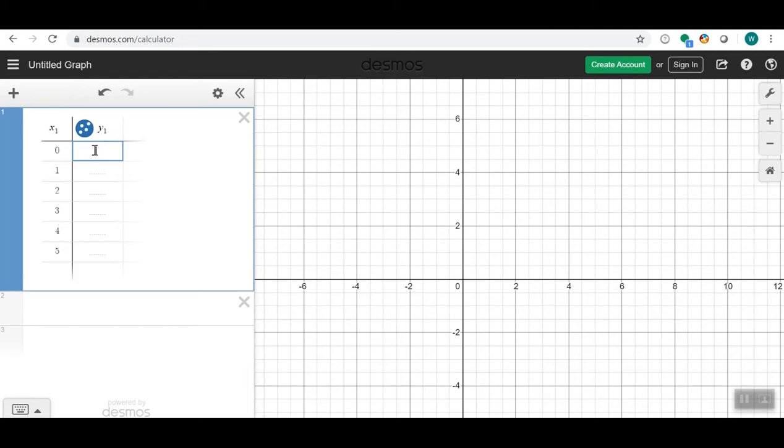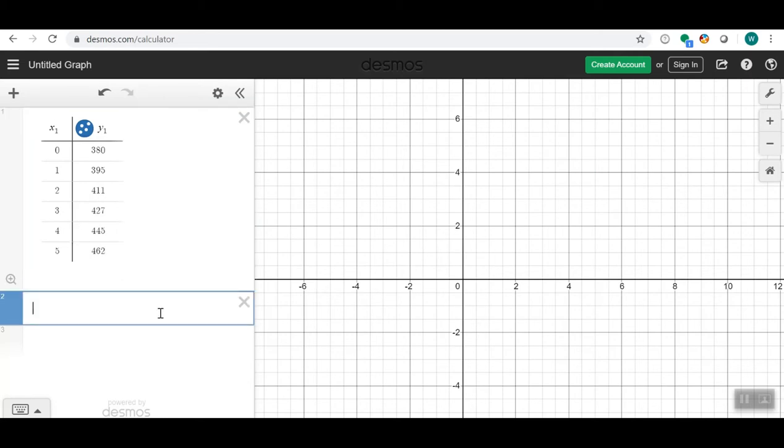Okay, so I'm pulling up this table. Remember, you should have taken a photo of it. And so we're going to have 380, 395, 411, 427, 445, and lastly 462. Now from here, remember, you click here, and all we have to do to be able to analyze this